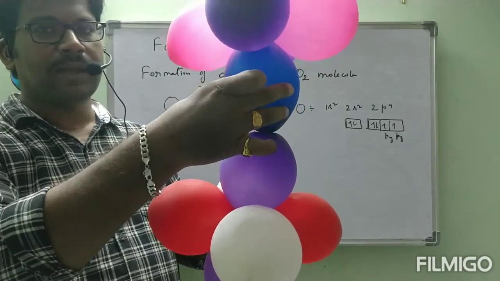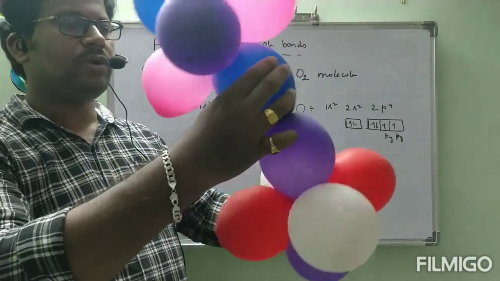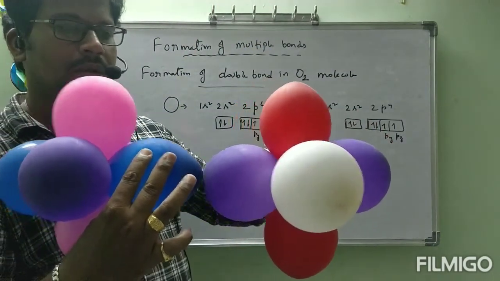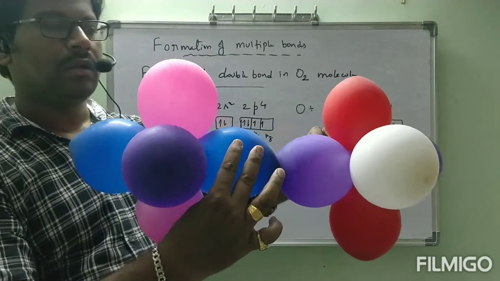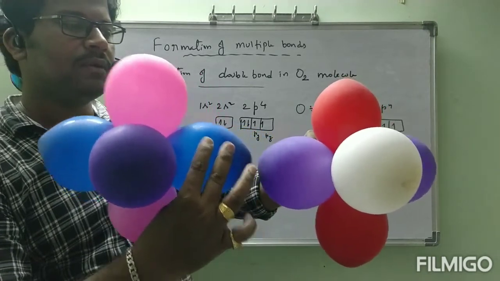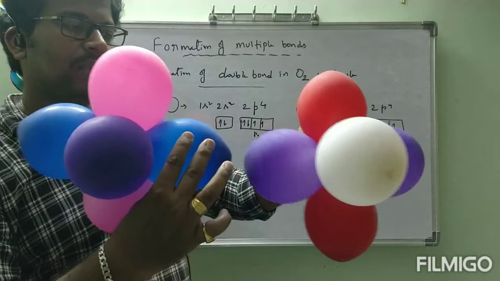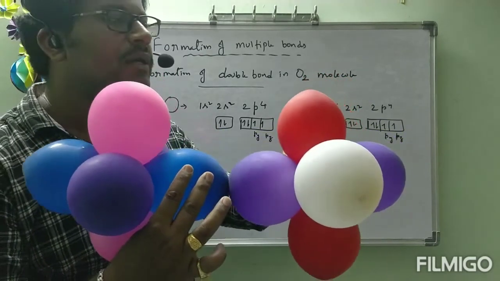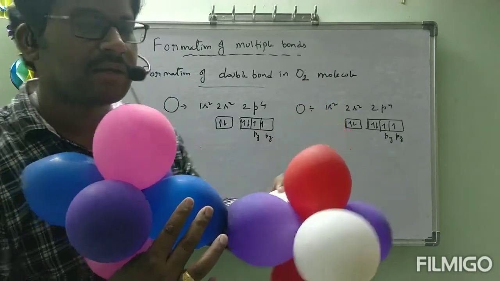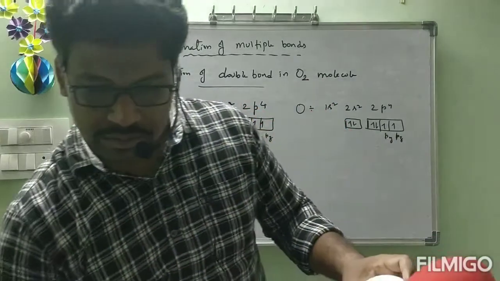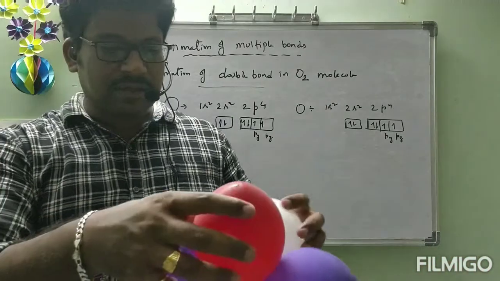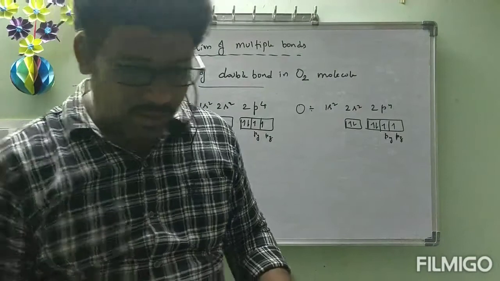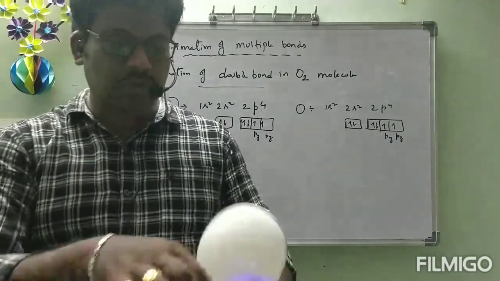One sigma bond, one pi bond. Or this one only I am going to show like this. See, this blue colored balloon and this violet colored balloon, they will be involved in complete overlapping to form sigma bond. This pink colored balloon and red colored balloon, they contain lone pair of electrons. That's why I am going to remove them, because that lone pair of electrons, we have no need for them. I want to show only two orbitals.